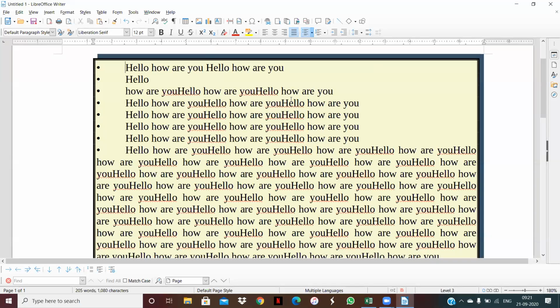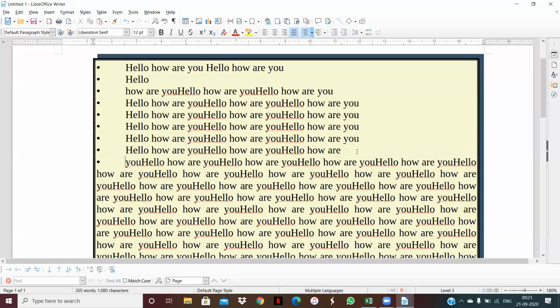Now next topic is inserting page break. Yes, my dear students, inserting page break means within the document. Right now you can see here is one of one, only one page is here, but within this document if you want to insert more pages, then how can you do that? There are two methods. First you can use Control Enter. Suppose I put my mouse cursor here and now I want to press Control Enter.